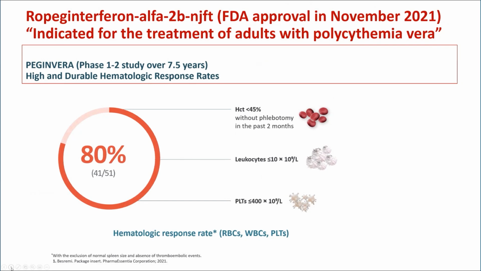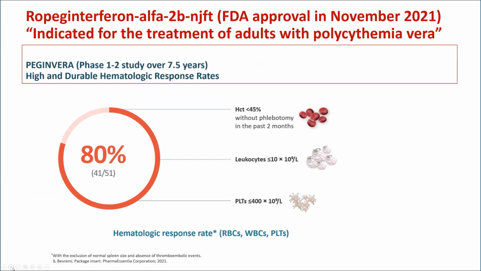Importantly, we have a new development last fall in November 2021, approval of ropeginterferon alpha-2b as a full-fledged therapy for PV. The guidelines would say that patients in the United States, NCCN guidelines, patients with PV that require cytoreductive therapy could be given hydroxyurea, standard old-fashioned cytoreductive chemotherapy, or ropeginterferon, approved based on the study